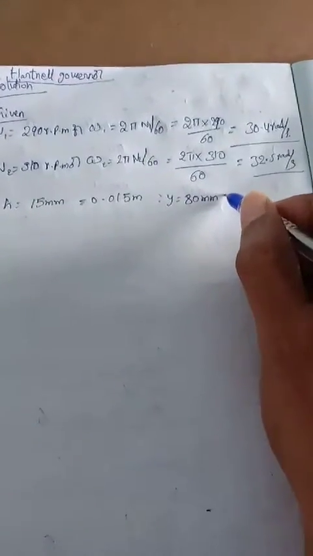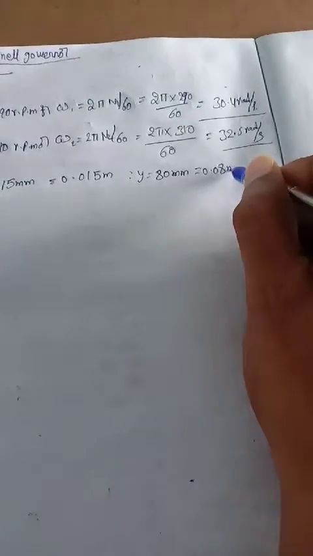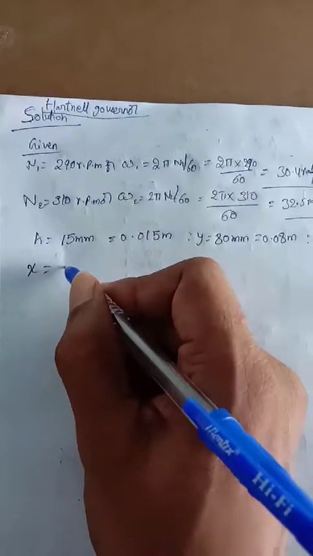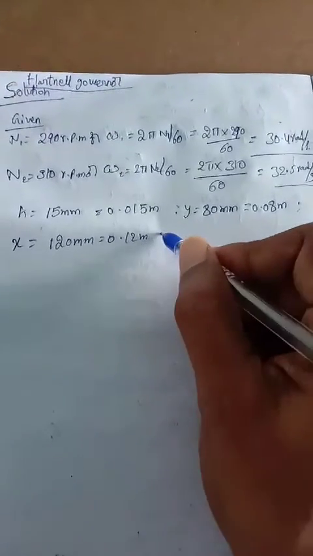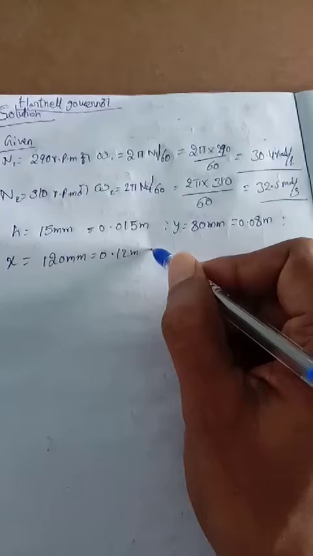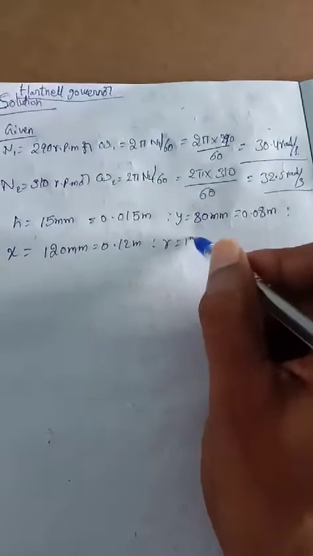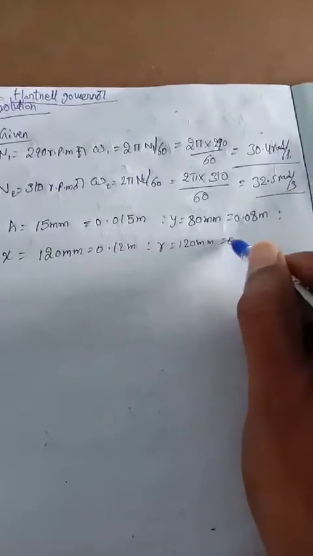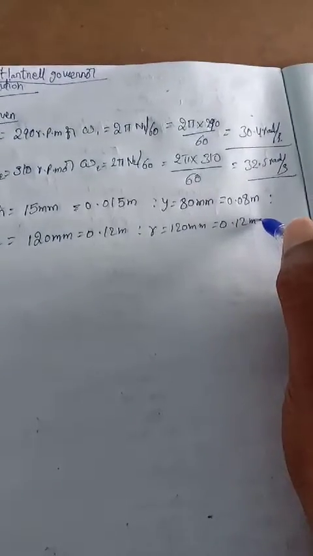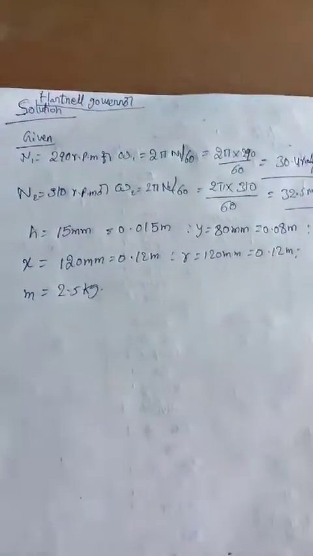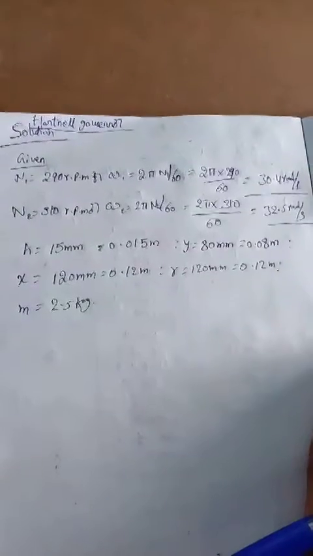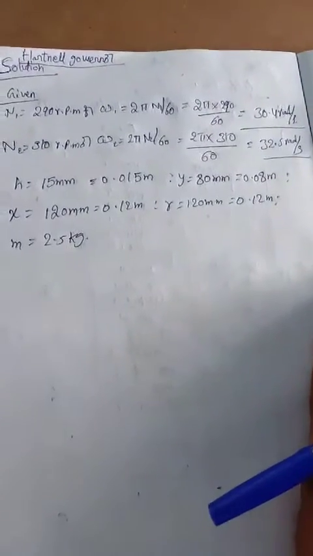Y is given 80 mm, that is called 0.08 meter. X is given 120 mm, so that is equal to 0.12 meter. And then r is given 120 mm, so that is 0.12 meter. And m is given 2.5 kg. Okay, totally this is the given data. And now we are going to see here